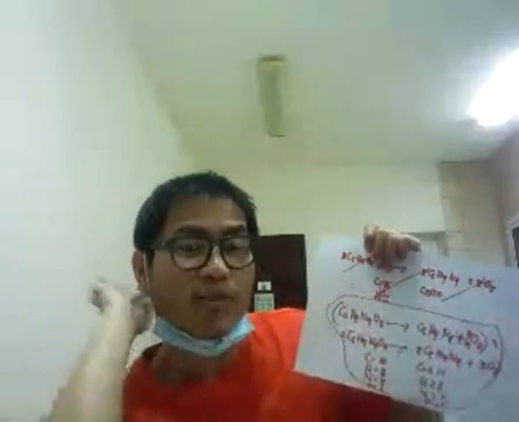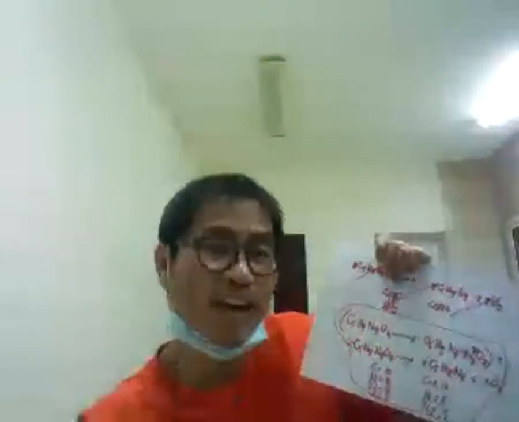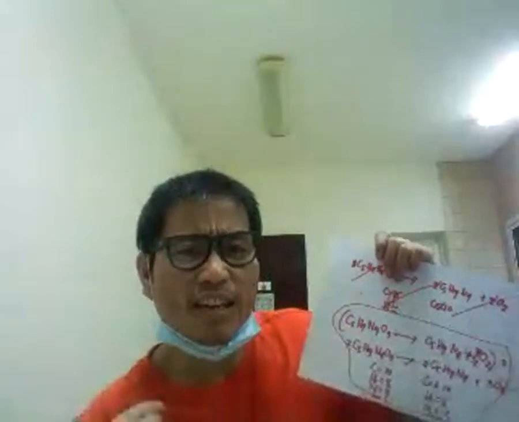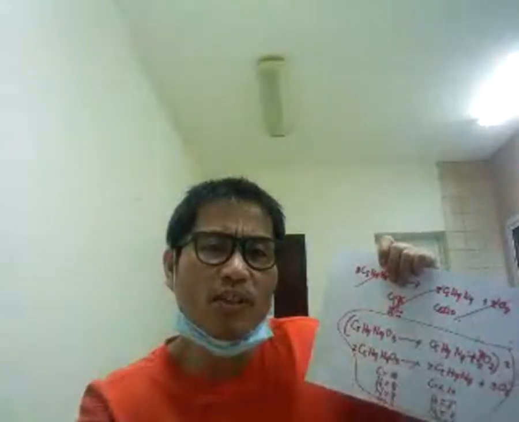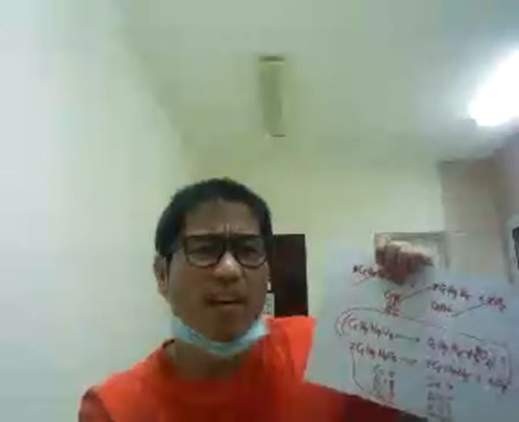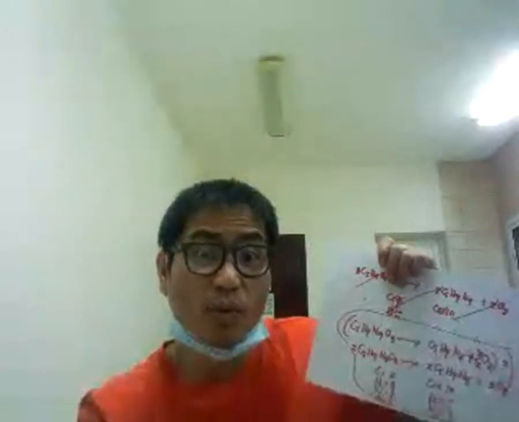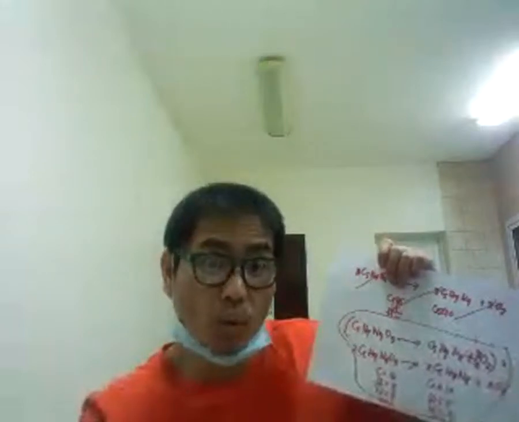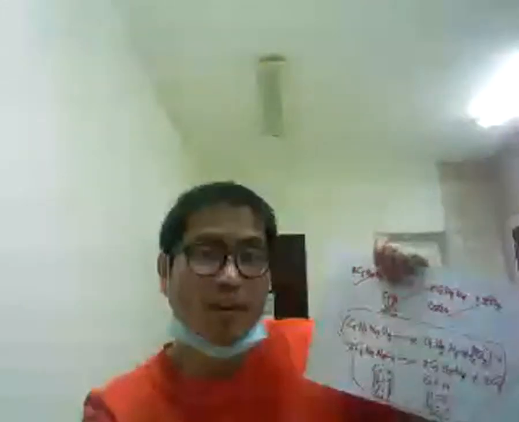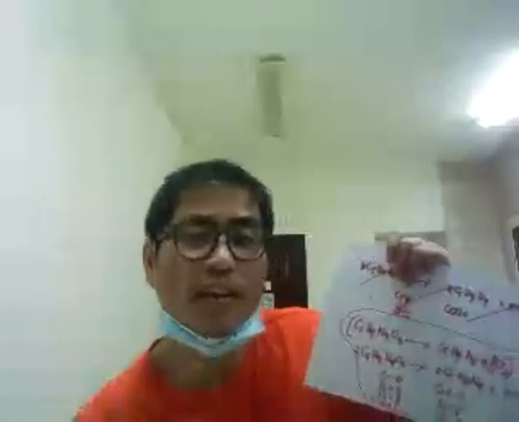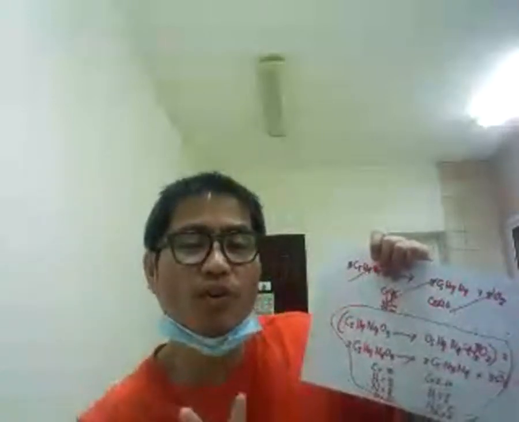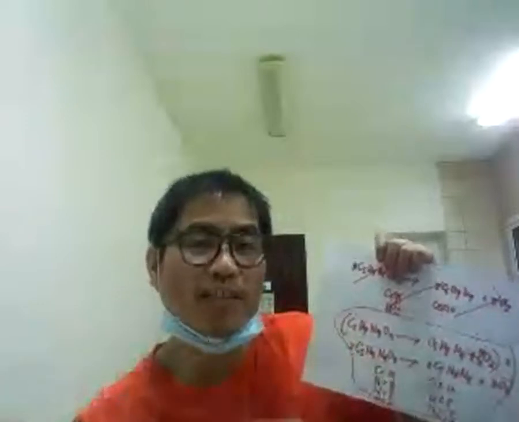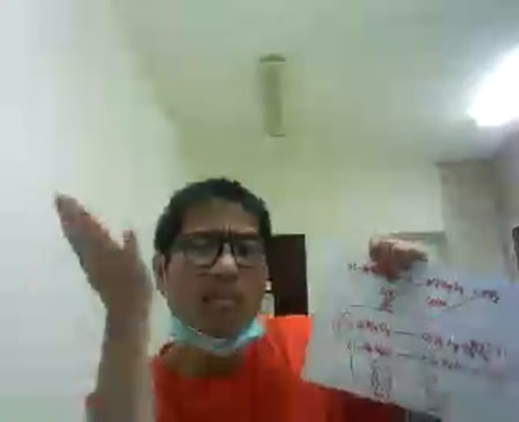You understand? If you really want to know how many grams of purine are in your body, because their unit is in terms of density. The doctors are using milligrams per deciliter. So that is density, right? Density is mass over volume, and milligrams is mass, and deciliter is a volume. So they are using density as their unit as an indicator if the level of your uric acid is high or not. Same as cholesterol, same as sugars, same as triglyceride.